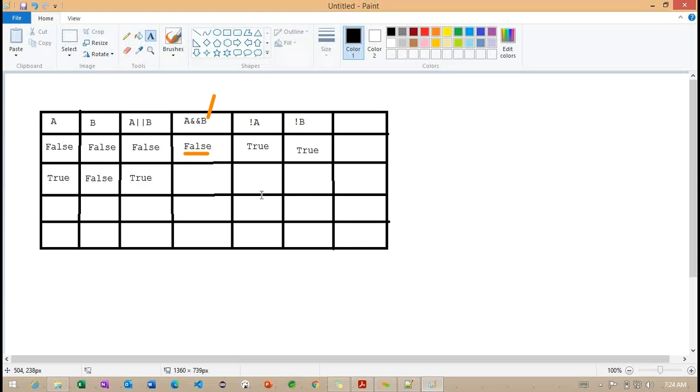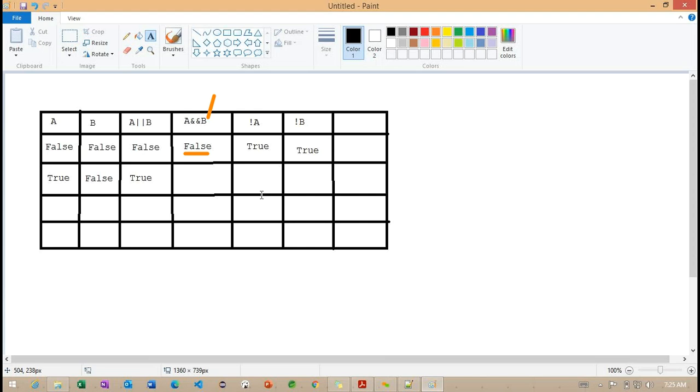So what about this particular A and B? The A and B will become false here. Why will this particular A and B become false?